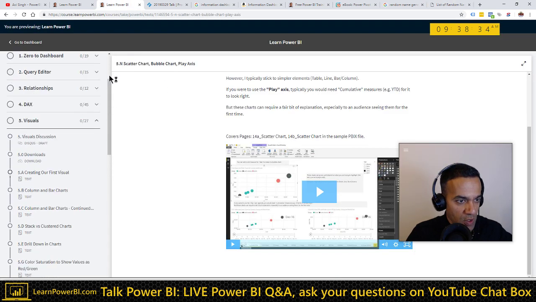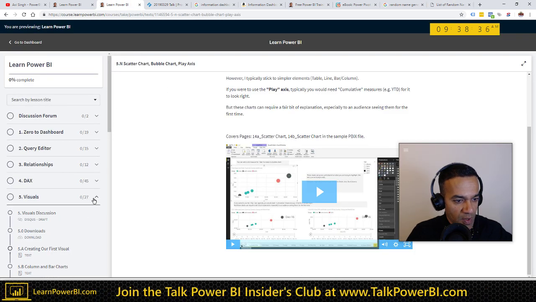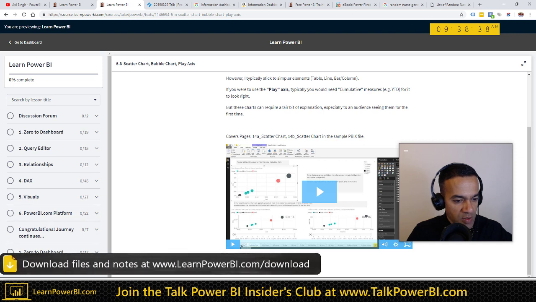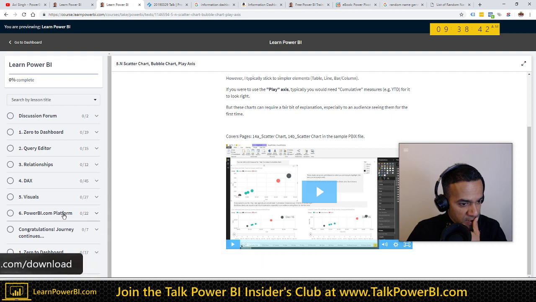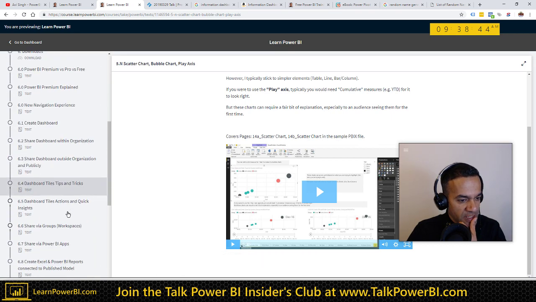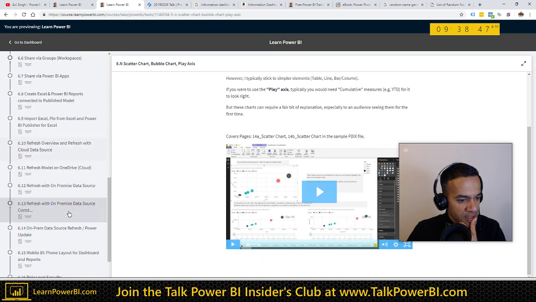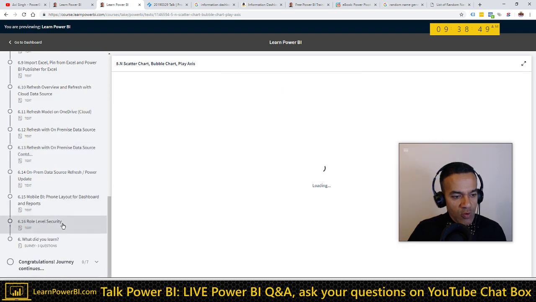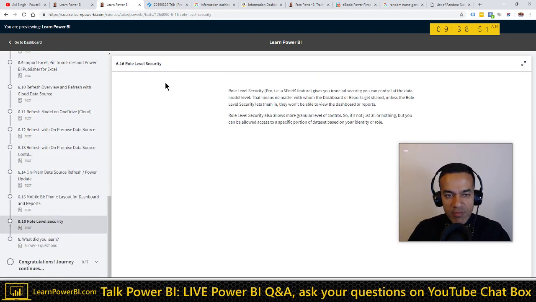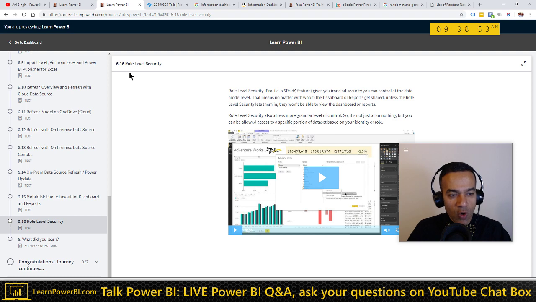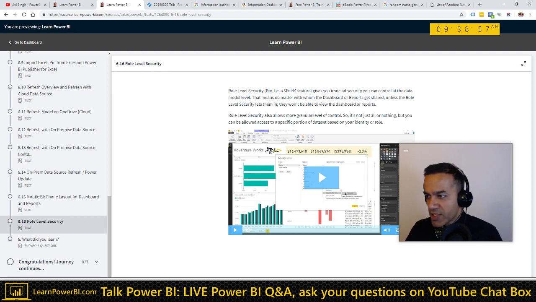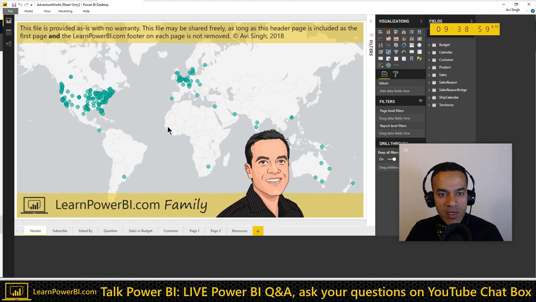I know a lot of my students join these sessions as well, so I'll point to the resource where we discuss row level security. RLS has two full forms: role level security or row level security. So you can refer to that more.